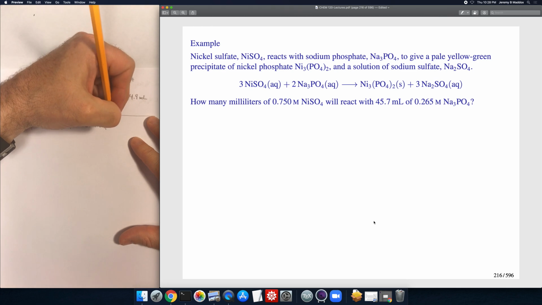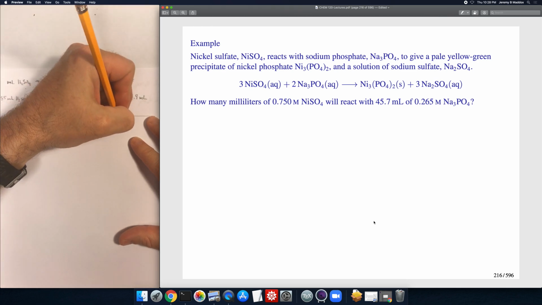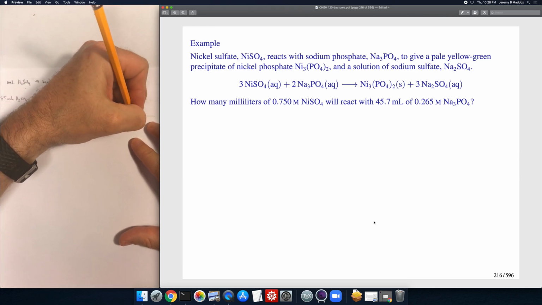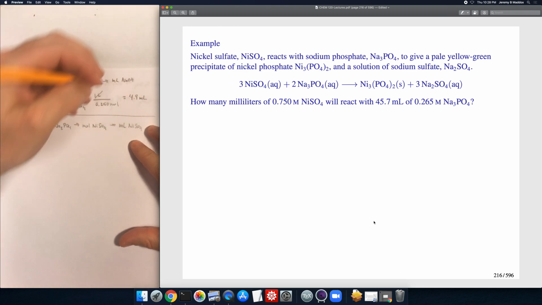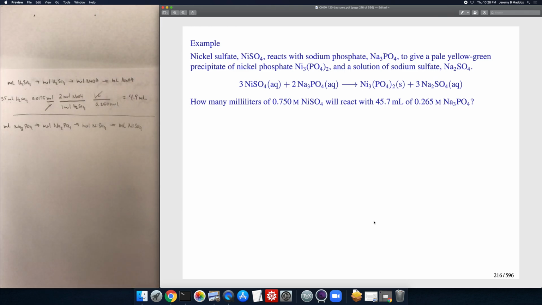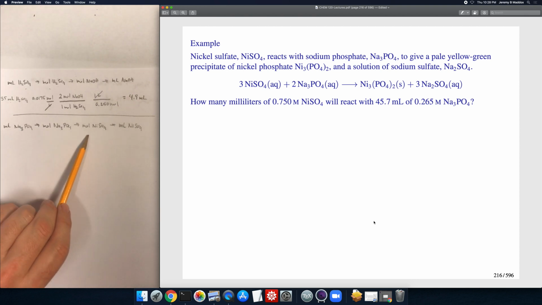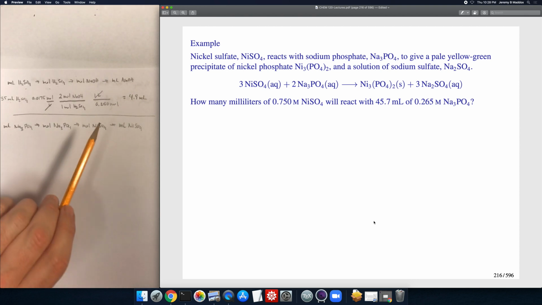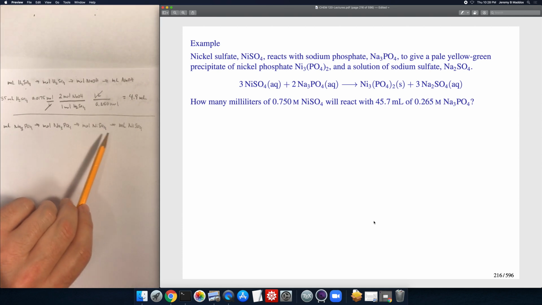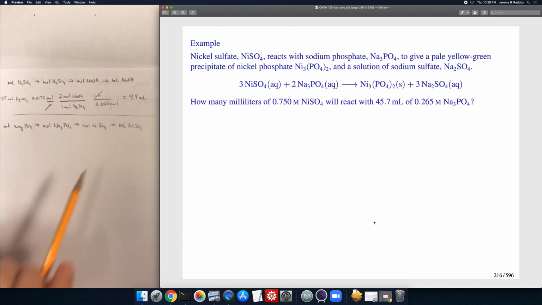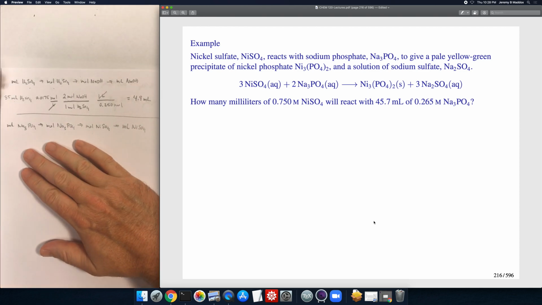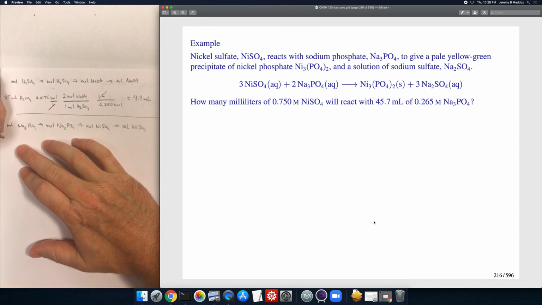And then we'll convert that to the milliliters of the nickel 2 sulfate solution. So we'll use the molarity of the sodium phosphate solution to do this first conversion. We'll use the stoichiometric equation to convert from moles to moles. And then we'll use the molarity of the nickel 2 sulfate solution to convert to the volume of the nickel 2 sulfate solution. Okay, so starting with the 45.7 milliliters,